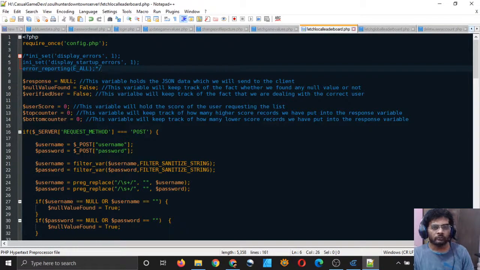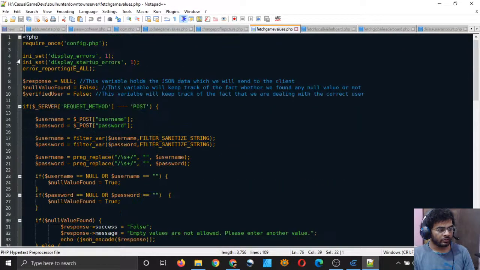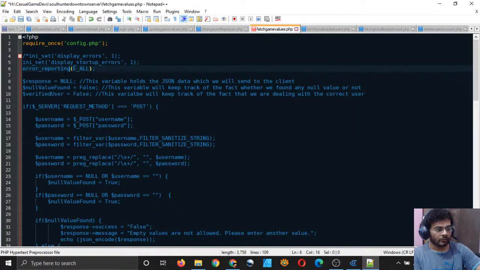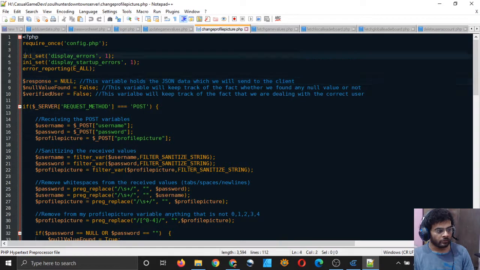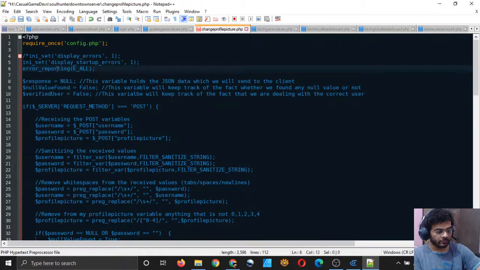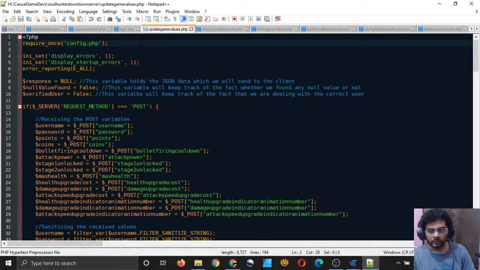So in all our files which we have created in the server, we should comment this part, because this part will show errors and warnings, and we don't want to see them now. We don't want to see them in the game at least. So just comment them out in all the files because we have added all the files.